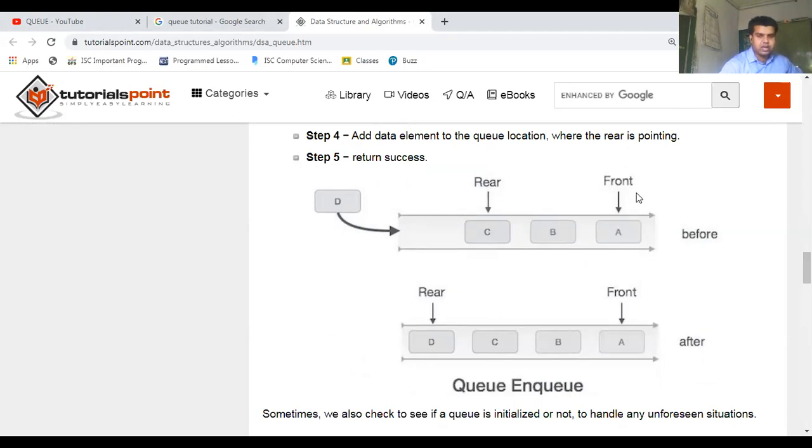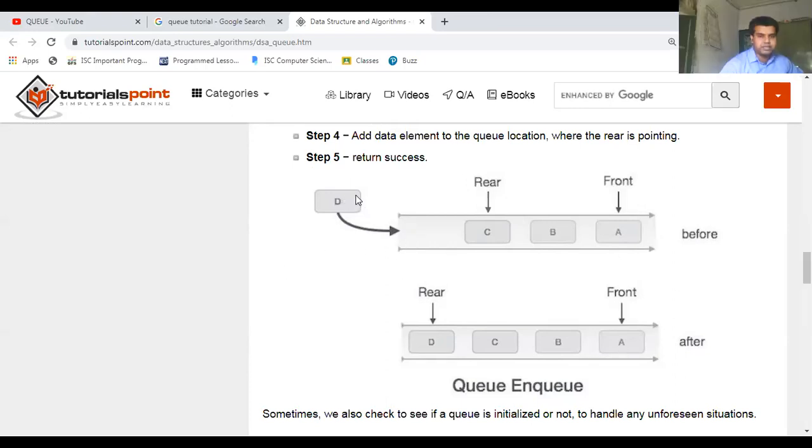Now what happened? D is to be inserted. You will insert D from the rear end, not from the front end. See this diagram very carefully, because the algorithm will be required while we are discussing the program also.